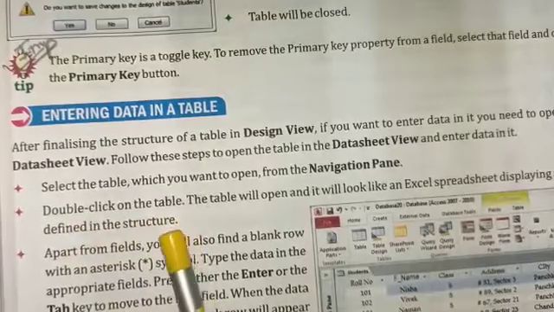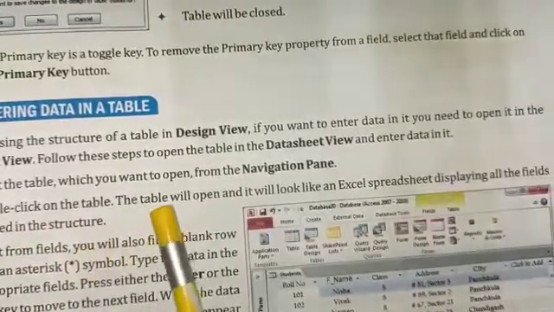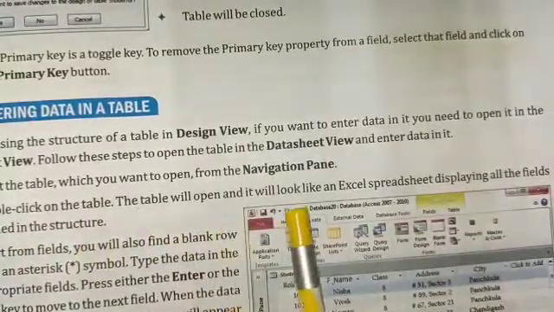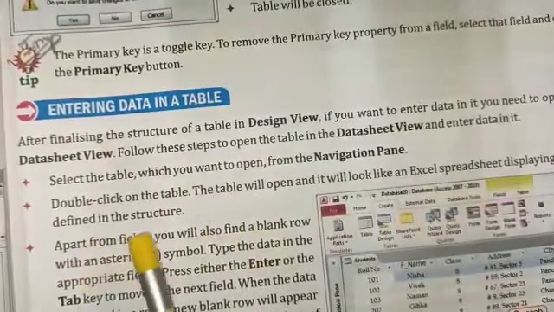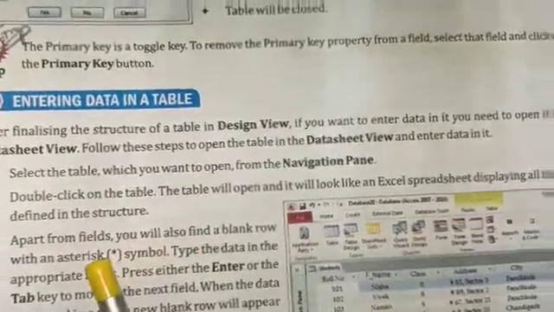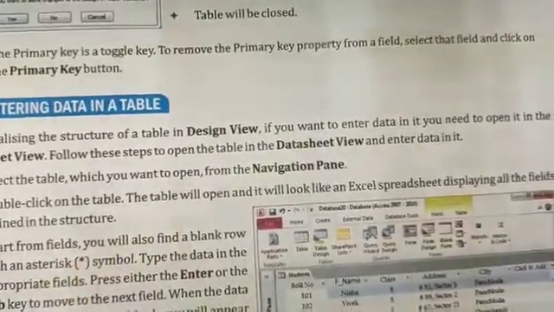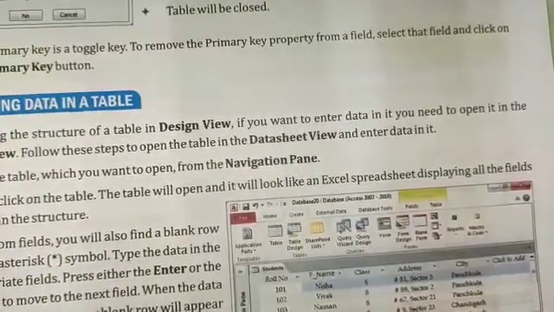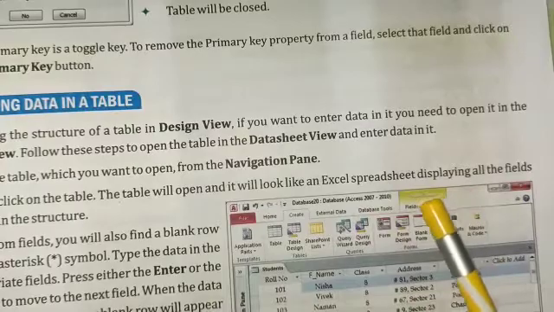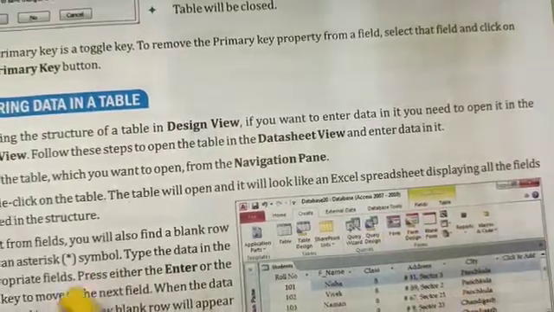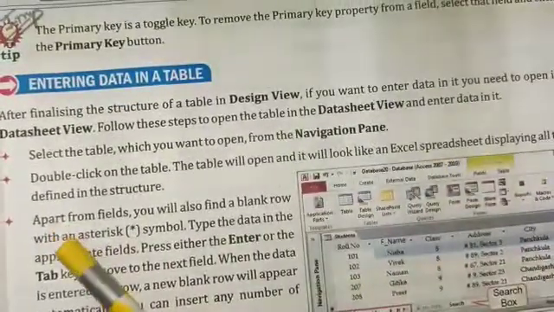The table will open and it looks like an Excel spreadsheet, displaying all the fields defined in the structure of the table.